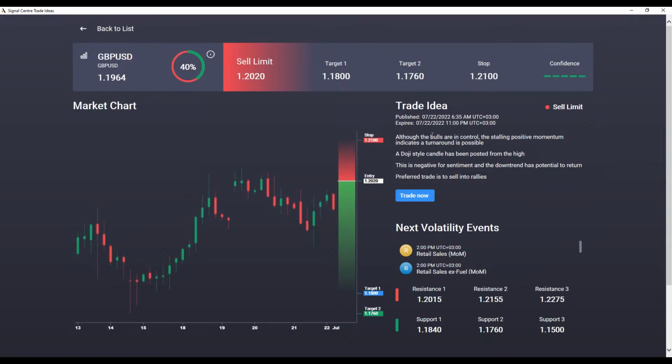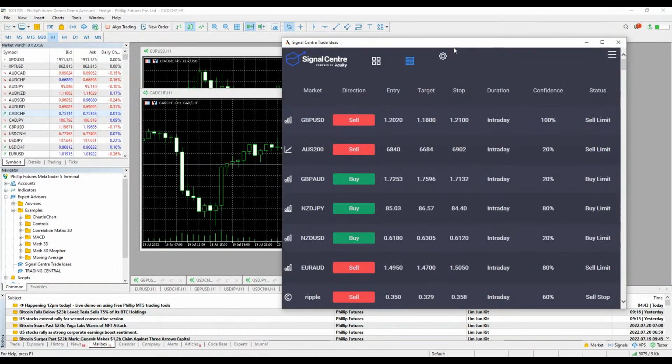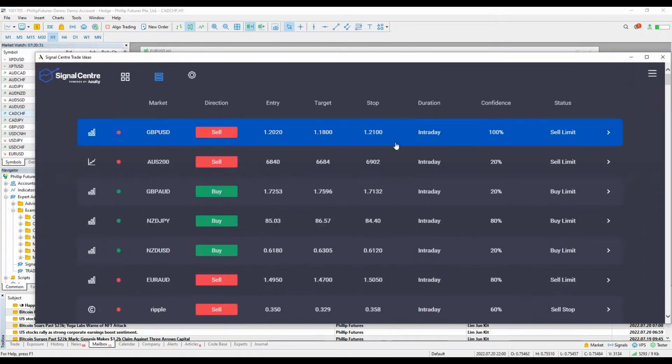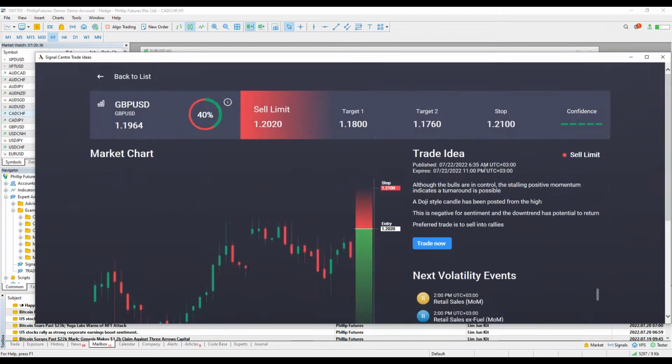With every trade idea, you are able to see when it is published and when it expires. So I think this is pretty important. Whenever you look at it, you need to know how recent it is, and therefore how valid it still is. And do take note that the time that we are seeing here is UTC plus 3, the same timing as our MT5 timing. Do note that MT5 timing is not the Singapore time. It is UTC plus 3. So just bear in mind that the time here is in sync with